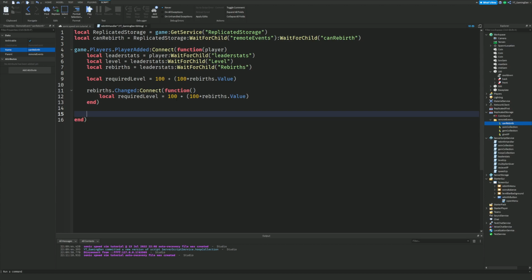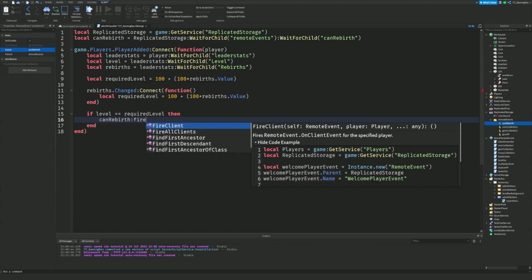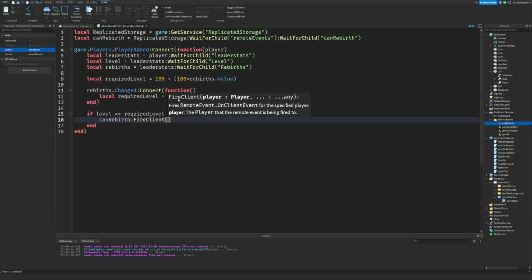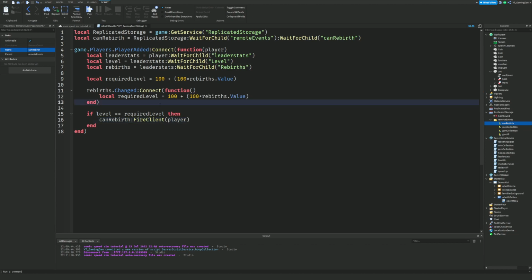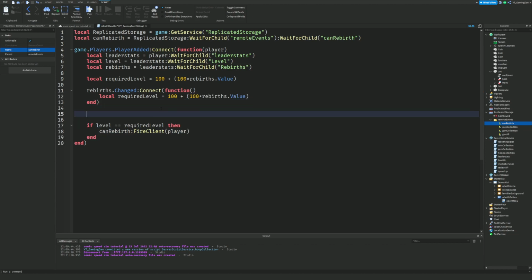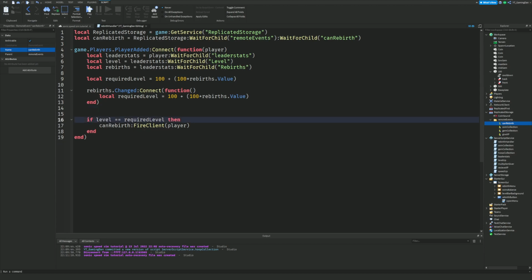Okay, next we are going to go ahead and actually check what level they are and see if the level is the same as the required level over here right now, guys. So what we're going to do is if level is equal to required level, then we are going to go ahead and fire can rebirth via client. Then you know what, guys, before this we will do level, we want to do if level dot value is equal to that, and then we can also do level dot changed